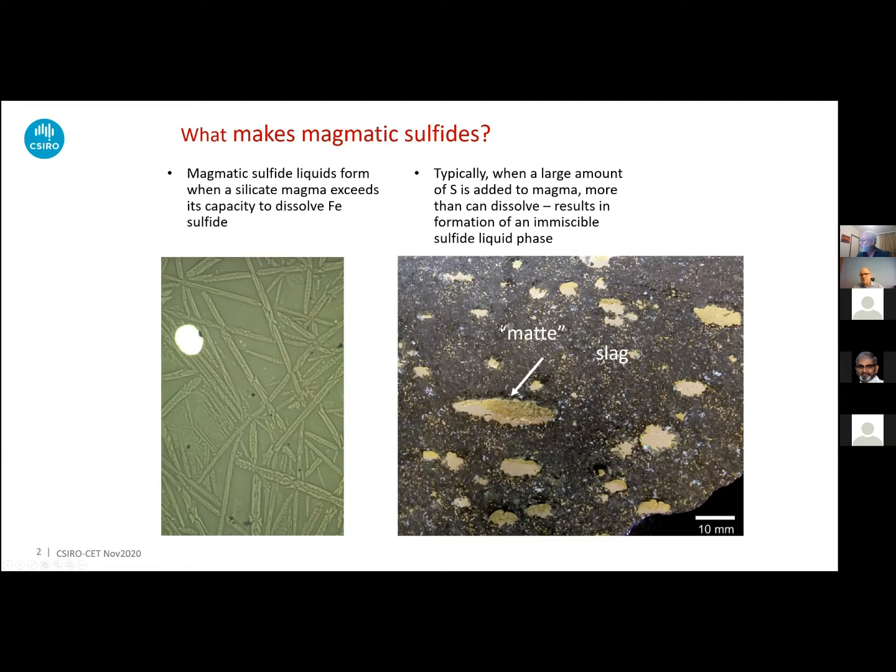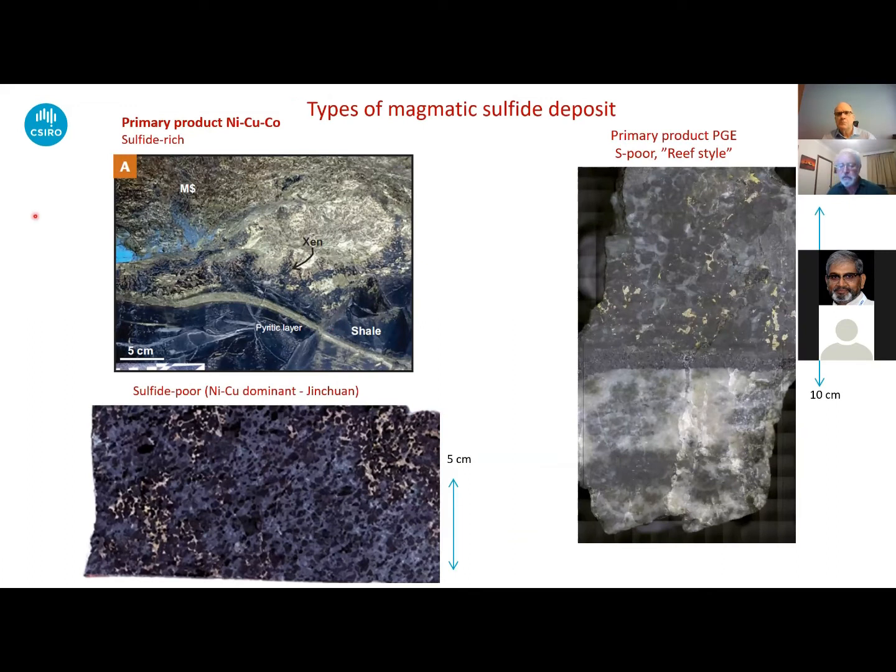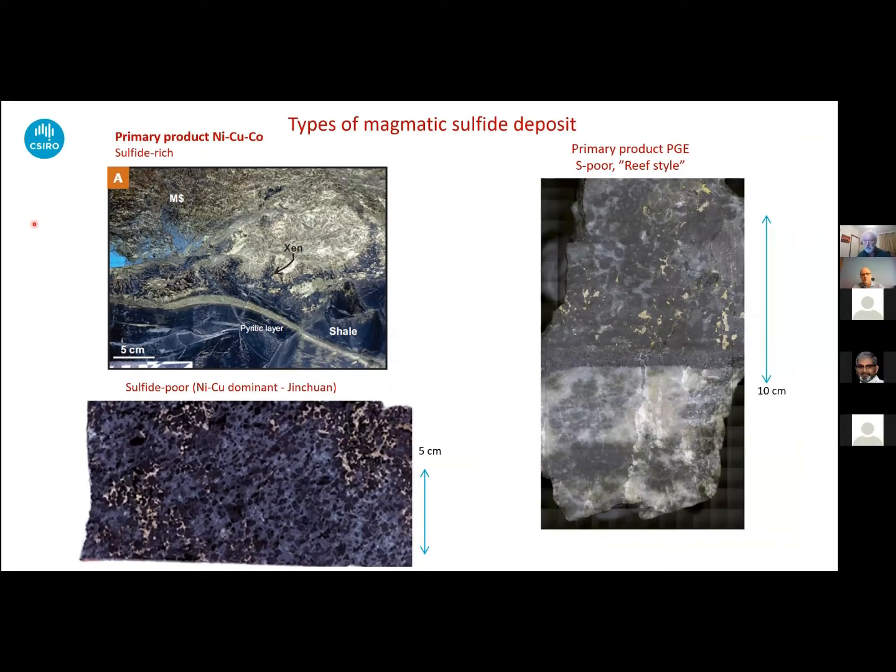which sometimes get preserved in rocks, as in this beautiful sample on the right here, which is a sample of globular ore from Norilsk. Let me just make a laser pointer here. Here we go. So there are a few different ways that they can get made, and a few different varieties. The two major categories depend on what the primary product is. Where the primary product is nickel, copper, and cobalt, these generally tend to be sulfide-rich ores, although you can also get relatively sulfide-poor ones, as in the